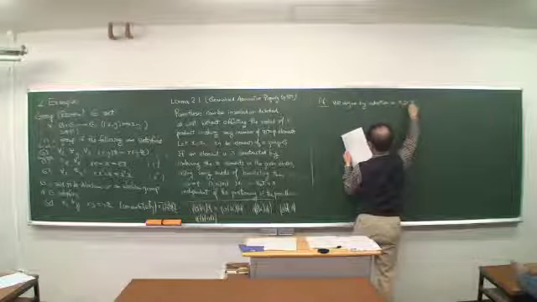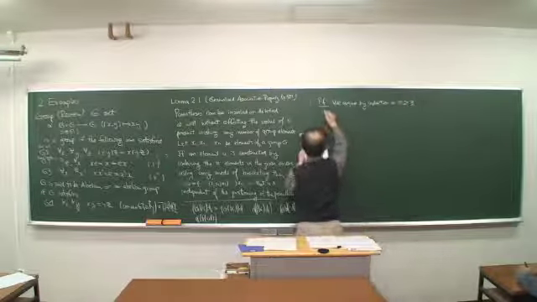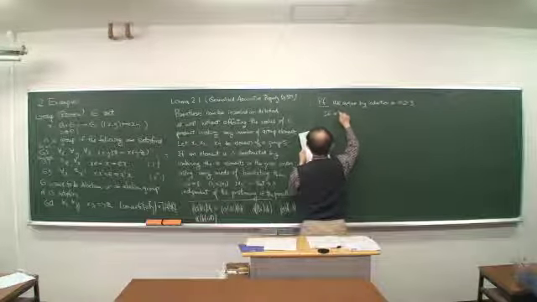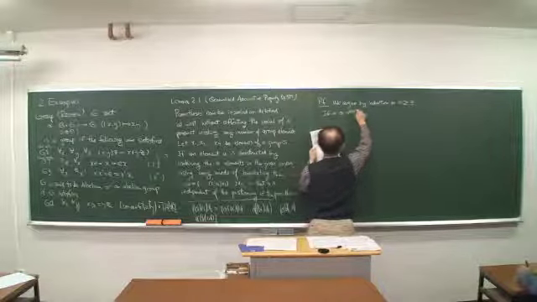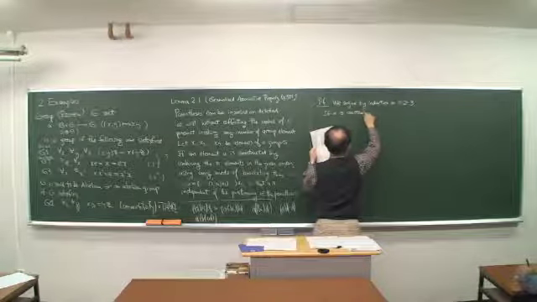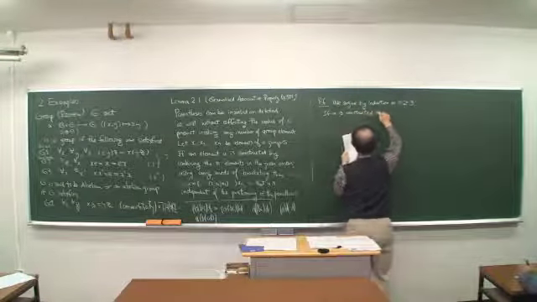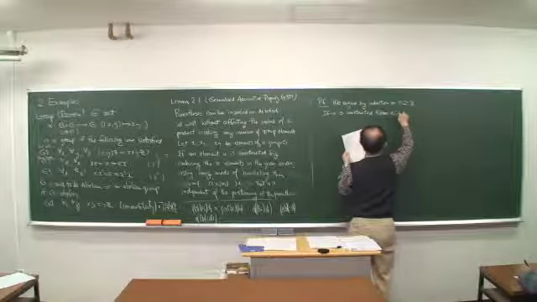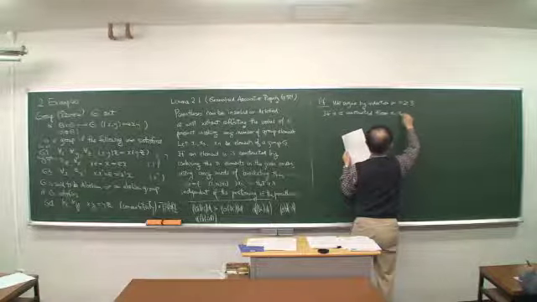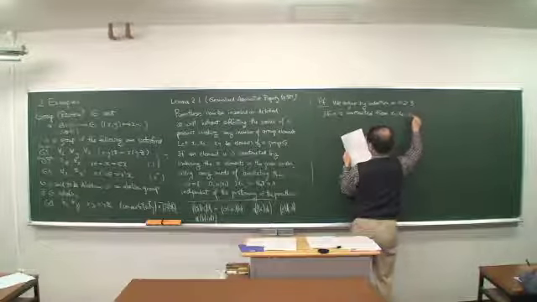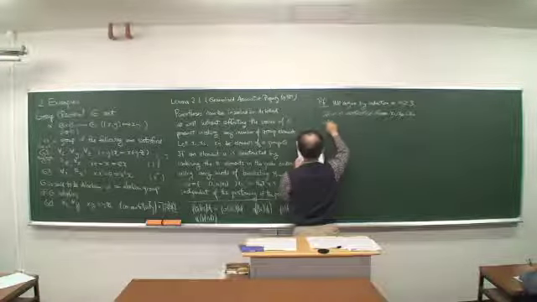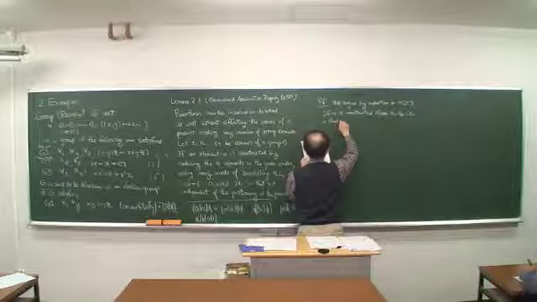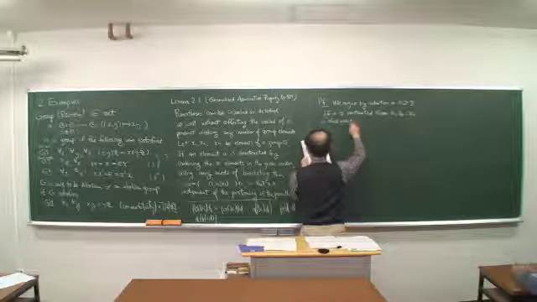If u is constructed from x1, x2, ..., xn in that order, then